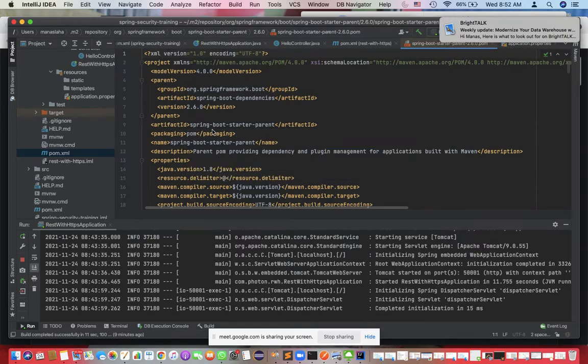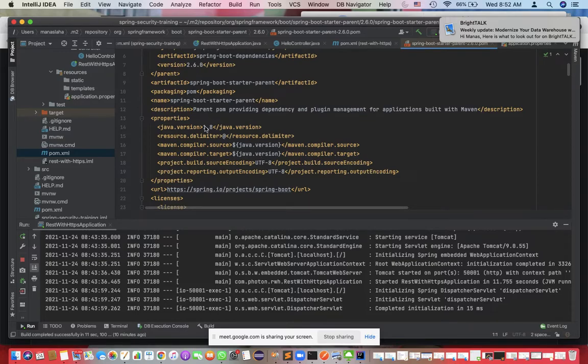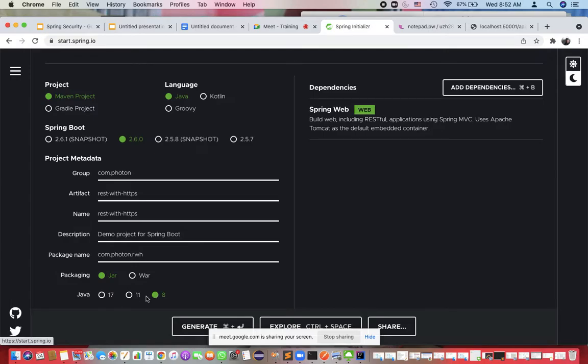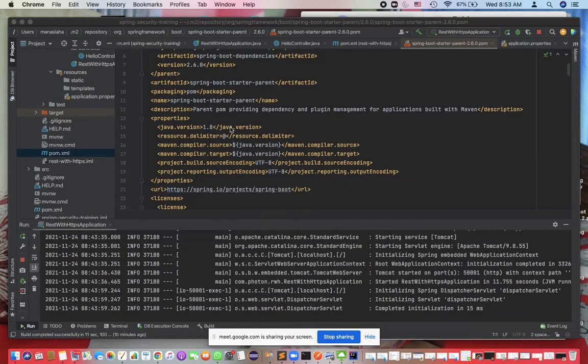Inside, this is the artifact ID spring-boot-starter-parent, packaging is pom, then the name, description, and properties. Java 1.8 is the version you selected when creating it, so that's what it gave. These are the Maven compiler source and Java version, so it will use that. Source encoding UTF-8, output encoding UTF-8.